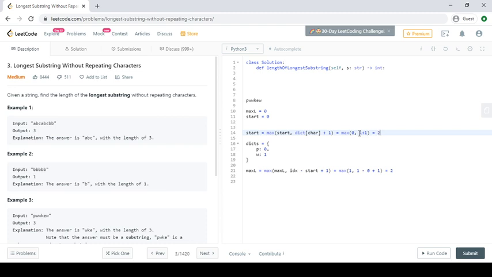So currently it is 2. So we are sliding 2 positions, not one. In the simple sliding window we have to move one at a time, but in this case we directly move as much as possible. So this will reduce the number of iterations and the complexity.